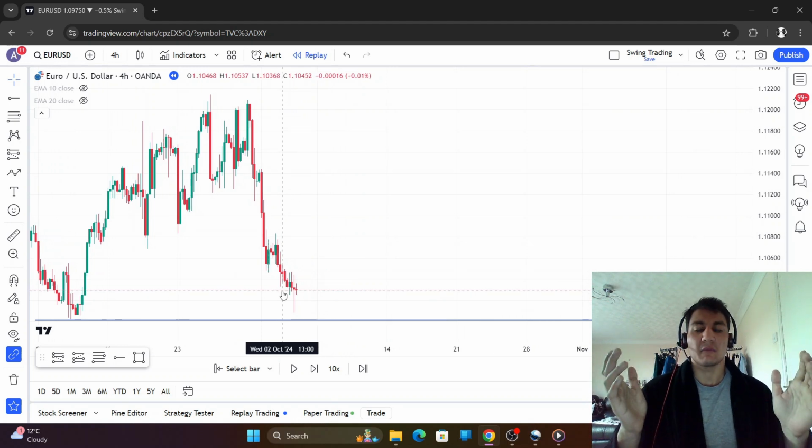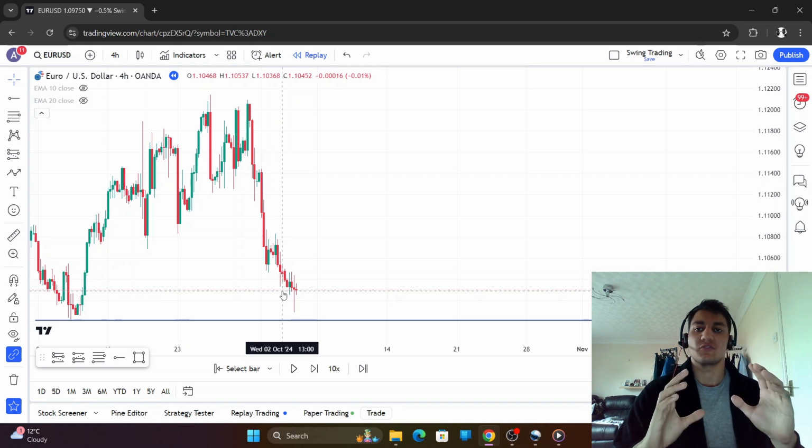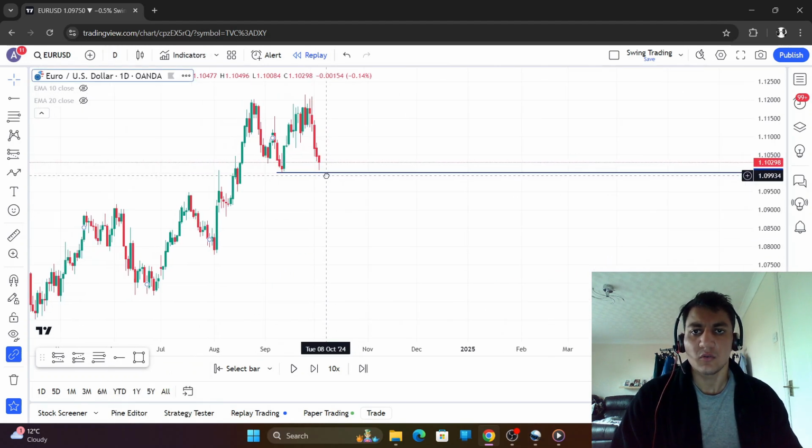As simple as daily bias gets. You use the daily time frame, and you want to read the most recent price action. You're not trading the daily chart. You want to read the most recent price action. So let me get the daily chart back up to make it a bit clearer. When you're on a daily chart, you're only focused on the last few candles and just reading the